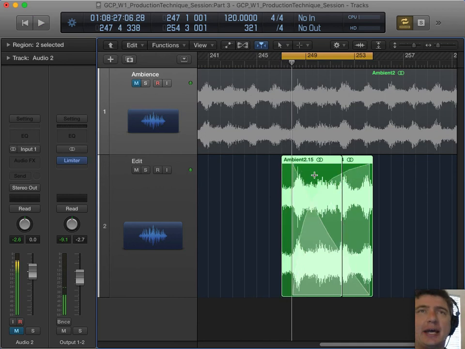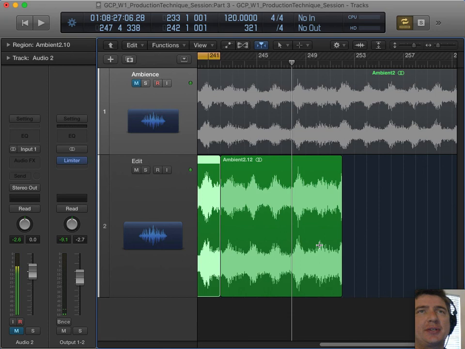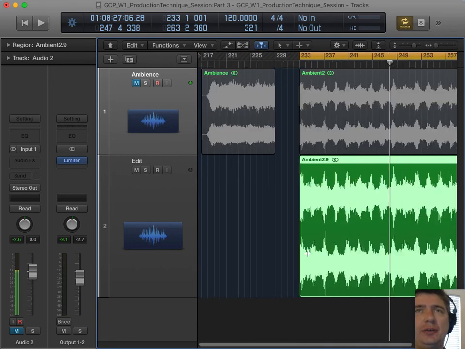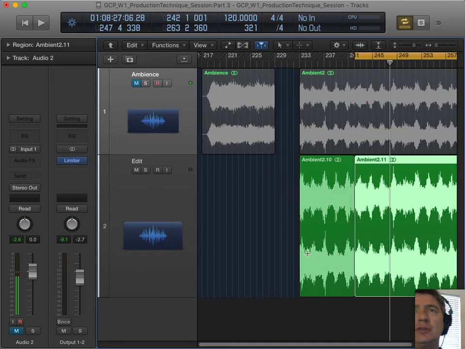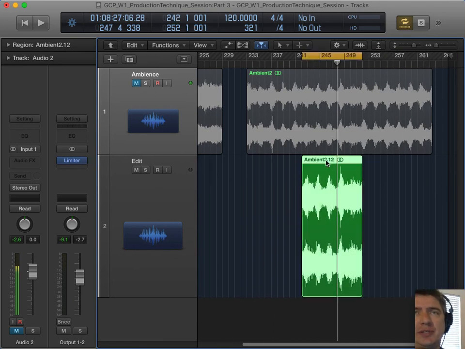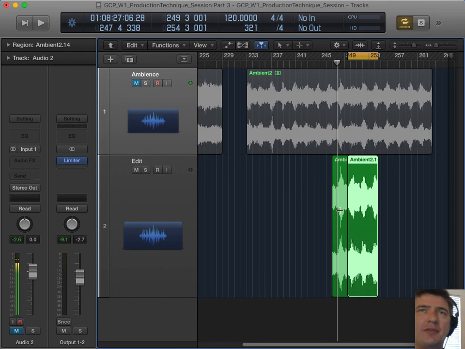So the outside edges are seamless. It's going to create a perfect loop. And the reason is because you chopped out a section. Chop, chop, delete, delete. So this is the part that you want to loop. Then you took that and split it in half, took the left side and dragged it over the right side, but left a little bit of room in between. Now the outside edges are perfect.